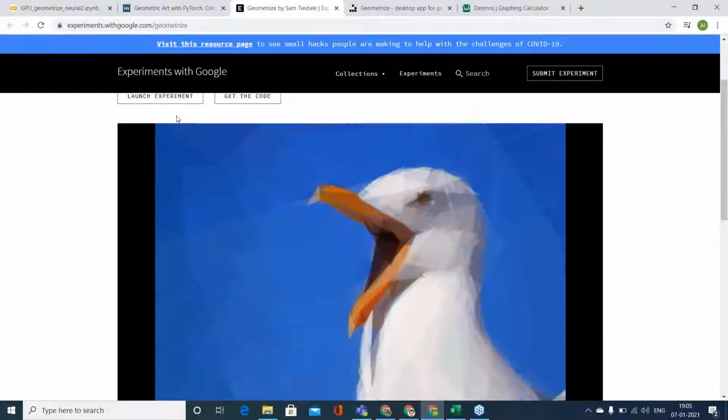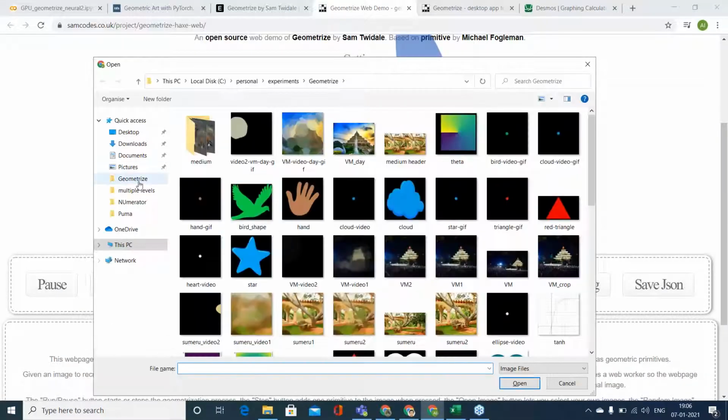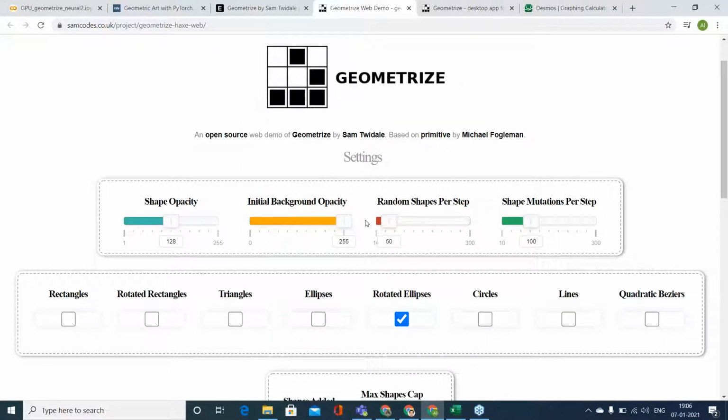Okay, I can also upload any image and try it on my own. So you see, I can just upload any image. Say I upload this image, and in the settings I can set it; now this is making the image with ellipses.